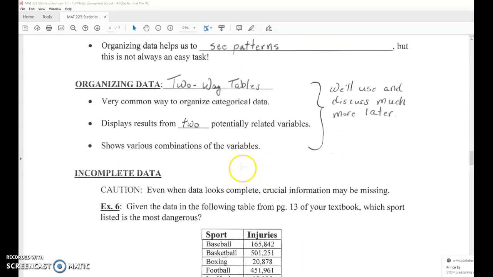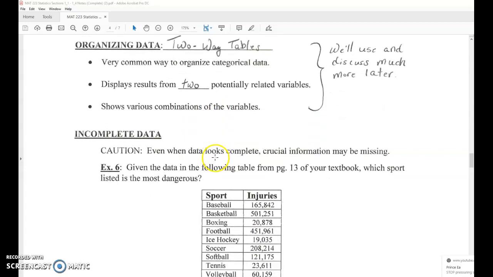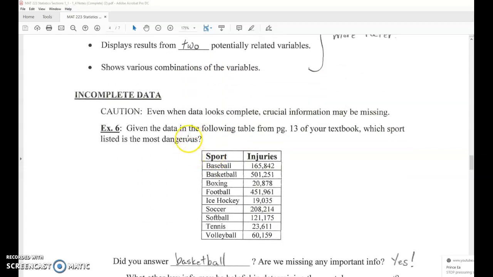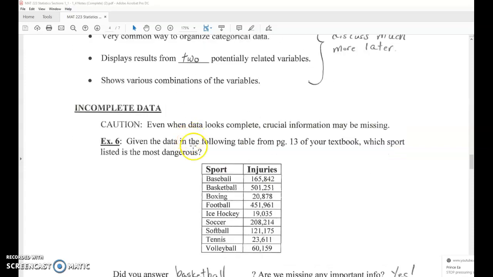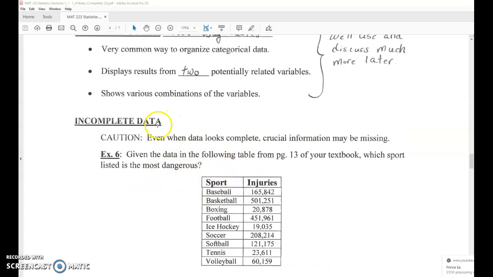One way we organize data is what's called a two-way table. We're going to use and discuss this much more later, but basically it's a common way to organize categorical data. It displays results from two potentially related variables, and it shows various combinations of those variables. So I could be looking at a two-way table here of sport versus injuries,